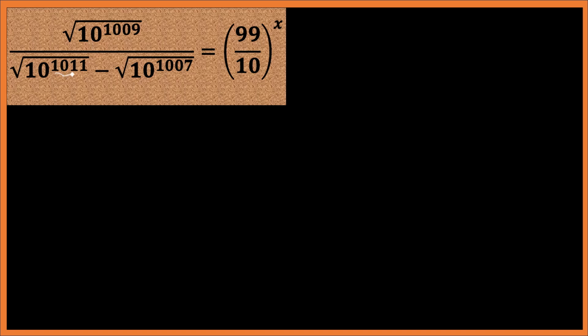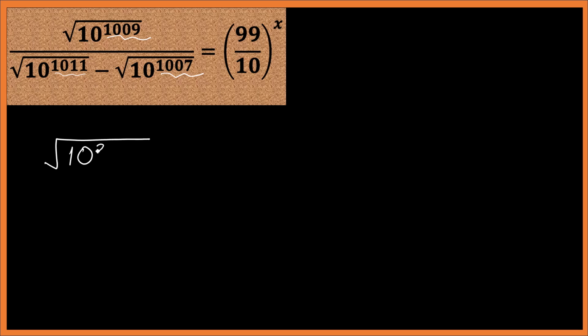So which one is the least among them? Okay, so 1007 is the least. So what we are going to do is write this as 1007 times. We are going to factor out 1007 from this, and we'll do the same from here. So I'll write the numerator as square root of 10 raised to